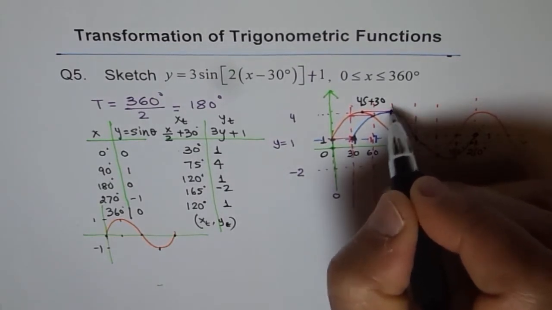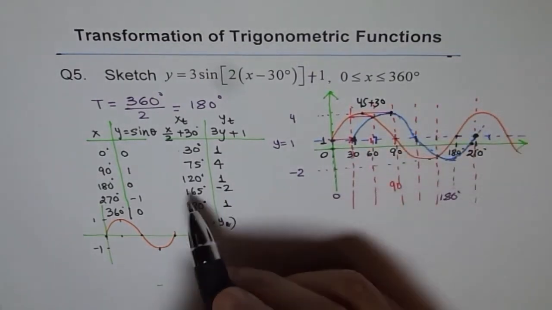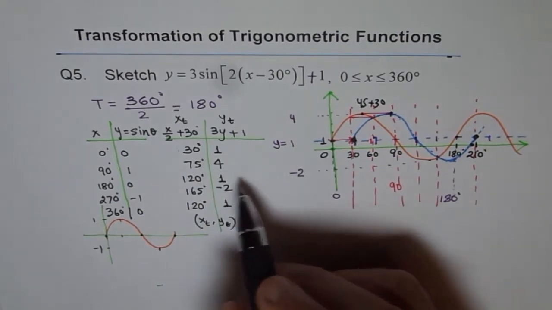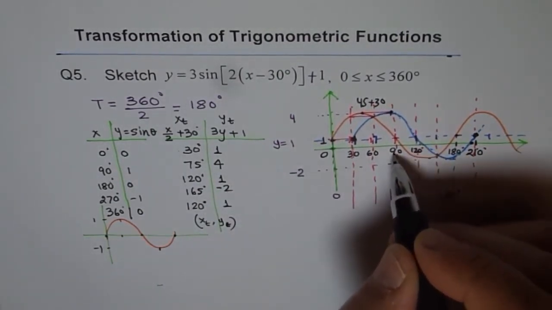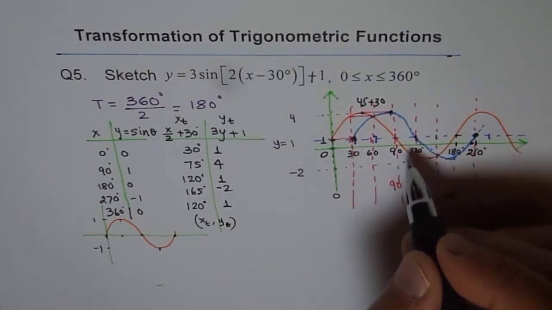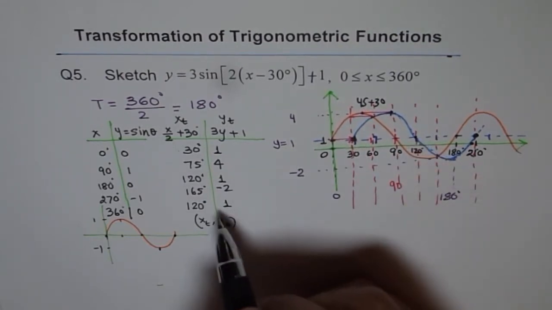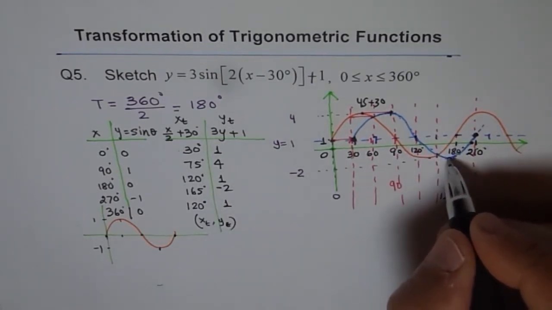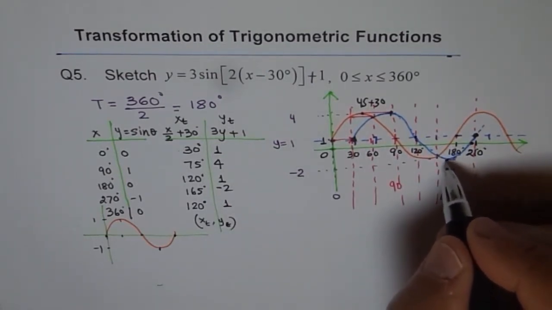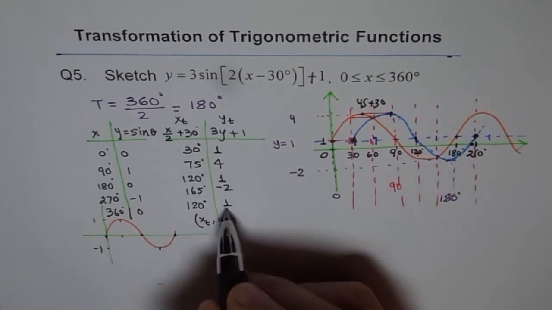Then 120 and 1. 90 plus 30 will give you 120. That is the next point. And then 165 at minus 2. This point, the minimum, will be at 165. And the last point is